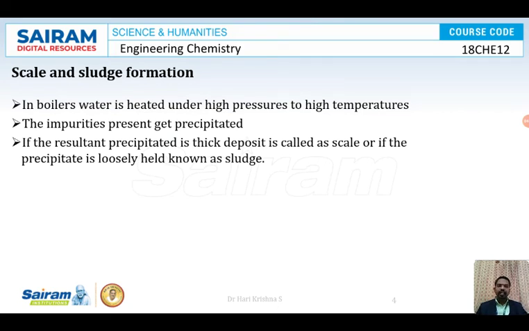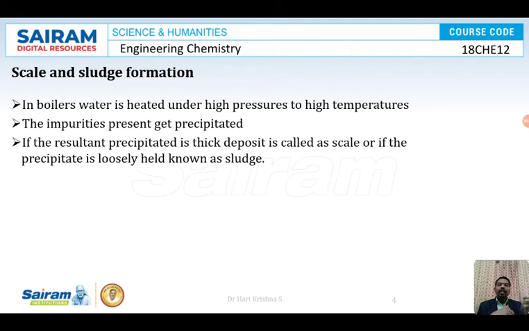The scales and sludge. You know that when you boil water in the same container, all of us boil water to take baths, isn't it? Now we have solar water heaters and showers and other things. Earlier, people used to boil the water in a single container, and later transfer it into a bucket and take a bath. If you boil the water in a single container continuously without washing, if you are changing the container, that is a different thing, I'll tell you about that later. If you are using the same container daily, regularly, what happens is